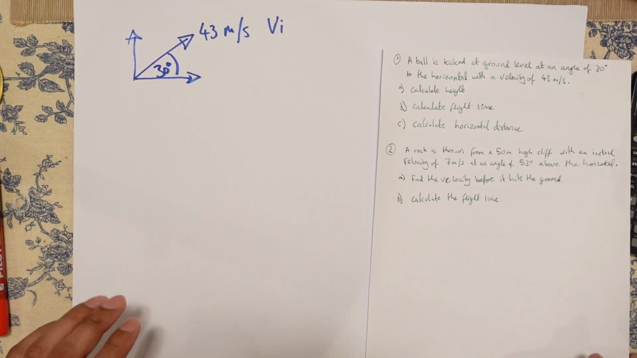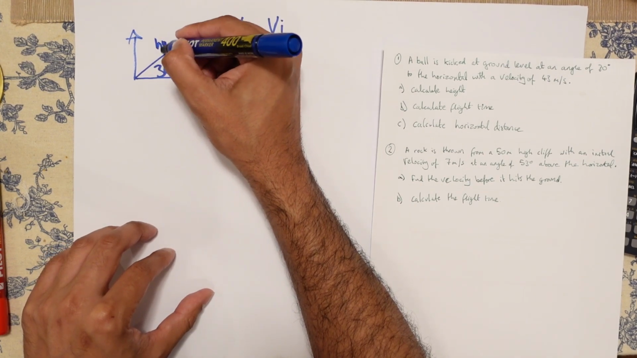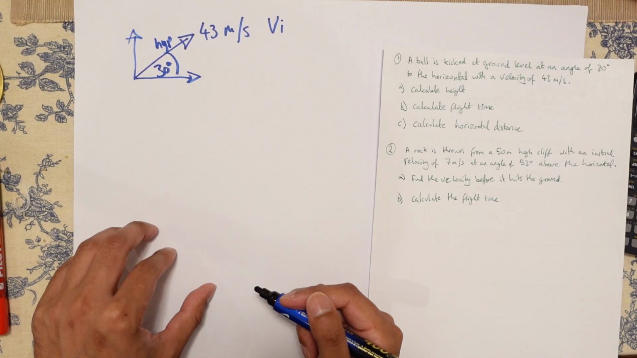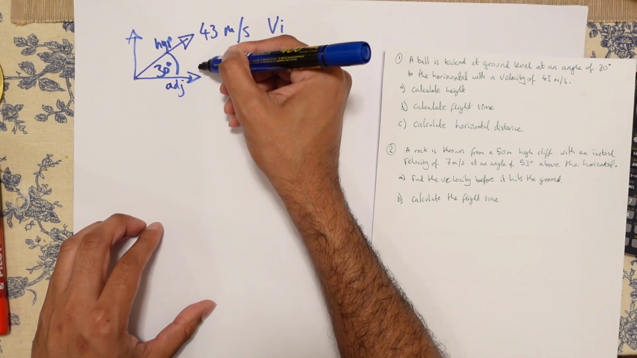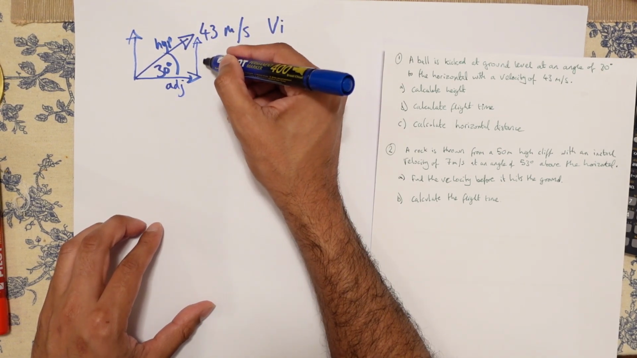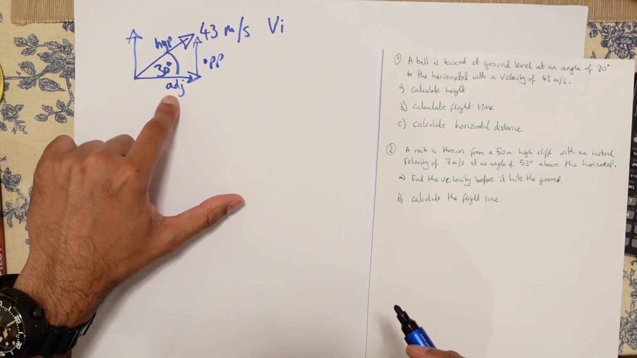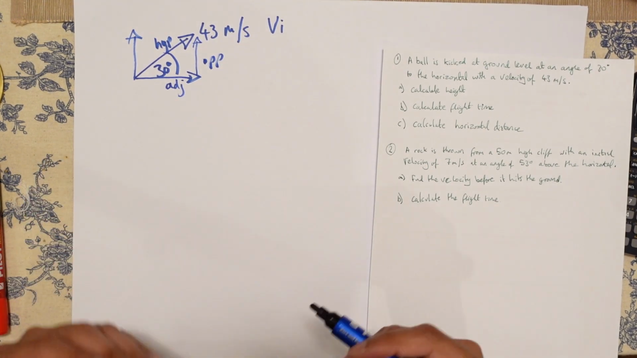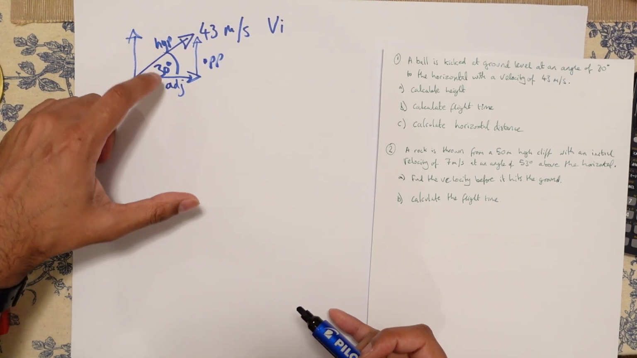So remember, if this is the hypotenuse, I'm just going to write hype over here. This is going to be the adjacent, and that one, which is the same as that one, is going to be the opposite. Okay, so using SOHCAHTOA, we know that for this one, it's A and H, so you're using